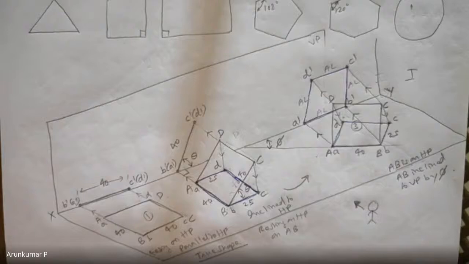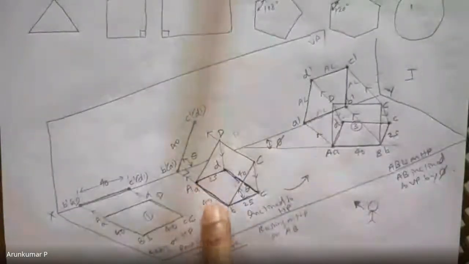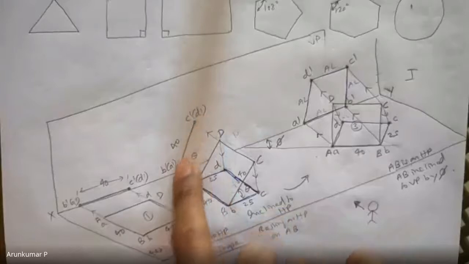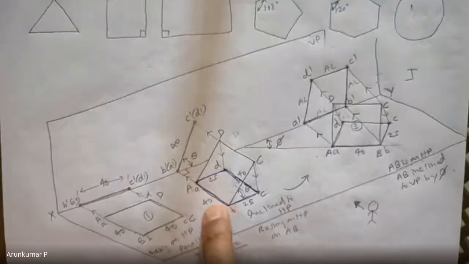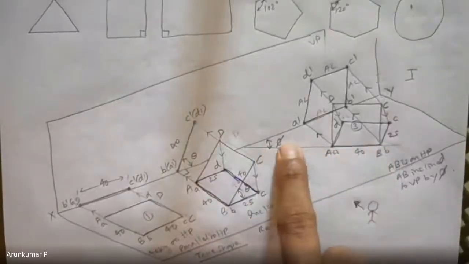Second step will be given that yes, it is inclined to HP by some angle theta. However, one of the edges will be resting on HP. So you have to draw the top view. You may get a rectangle. And in the front view, you may get the same line as you got in the first step, inclined by some angle theta. Third step, you will be asked to incline the edge on which it is resting. That is AB. AB is the edge on which this square is resting. That edge is inclined to VP by an angle phi.